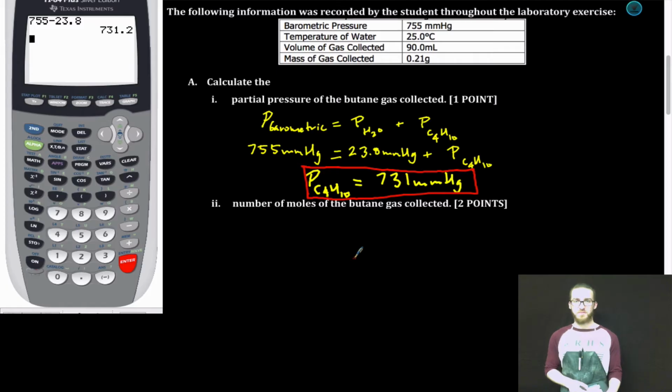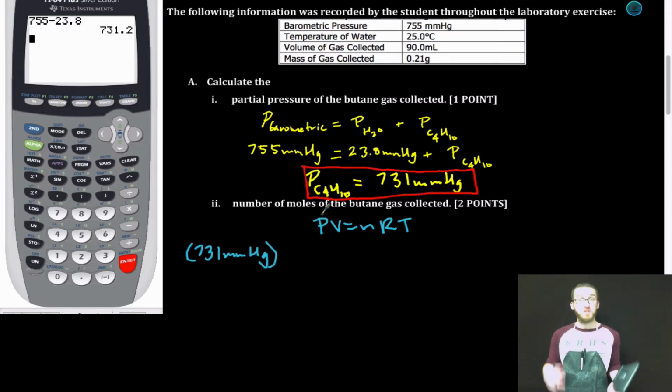Subpart II. We're going to calculate the number of moles of the butane gas collected. Oh, classic Pivner. We now know the pressure of just the butane is 731 millimeters mercury. Now that's important. We want the number of moles of butane gas collected, so we need the pressure of just the butane. A common mistake that is made is students use the total barometric pressure. The volume of gas collected, 90 milliliters or